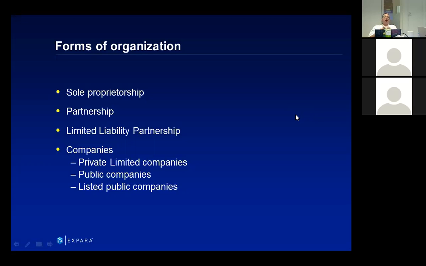Why? One is tax. So in Singapore, capital gains are not taxed. So if an investor invests in a Singapore company and then later sells their stake in that company, they don't pay any tax on it. In Vietnam or Thailand, that's not true. You would have to pay tax. And then also other compliance requirements and licensing requirements. But if you're operating in Vietnam, you're going to need a Vietnam company also. So you would most likely have, if possible, a Singapore company that owns your local company. 22% tax. Yeah, 22% is a lot.